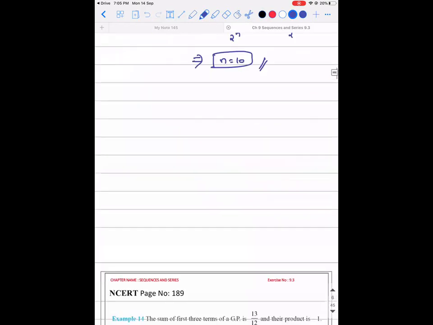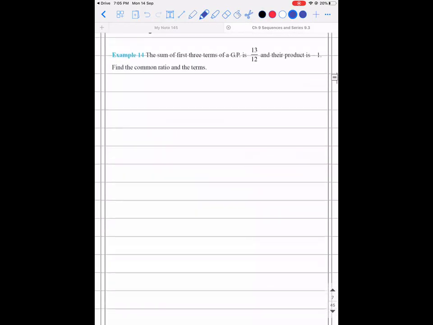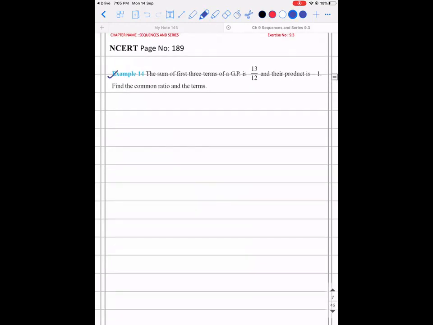Moving on to the next question. The sum of first 3 terms of a GP is 13 by 12 and their product is minus 1. Find the common ratio and the terms. So here the hint is